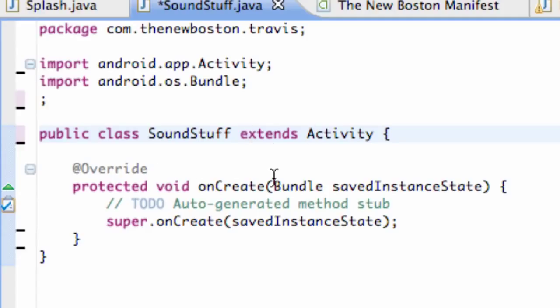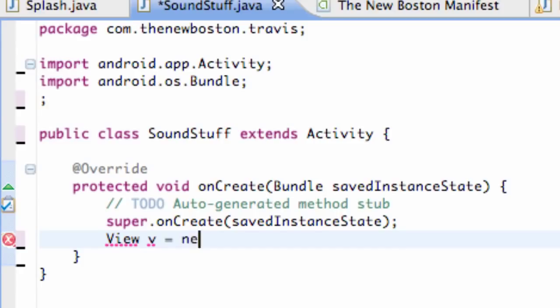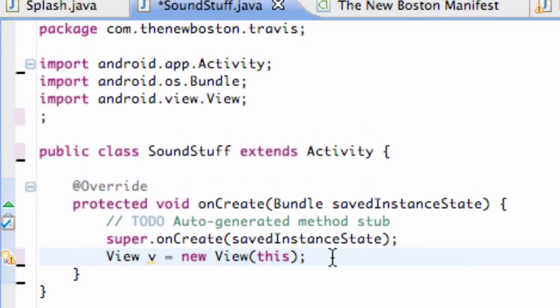Extends activity, onCreate, nothing new here, and then we're just going to create a new view. We're just going to call this V for our view, and we're going to say new View, and we're going to pass in the context for this, and that's just going to create a new view for us. And now what we're going to say is just something like, gather my thoughts here,